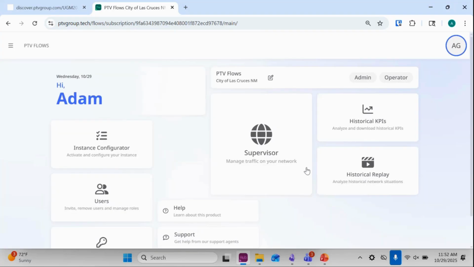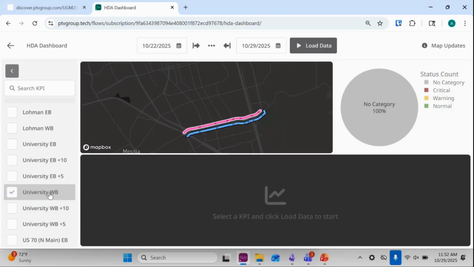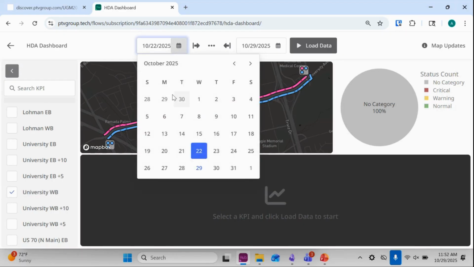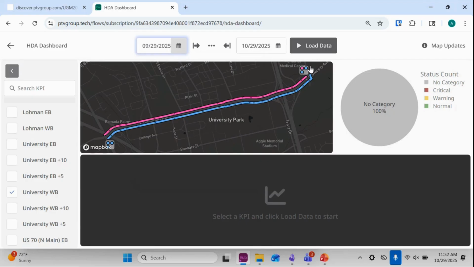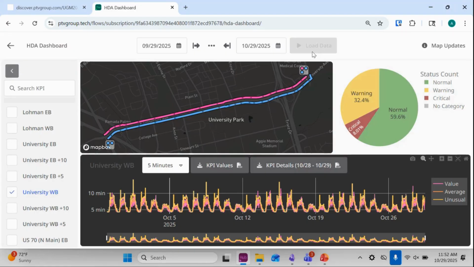So if we go to the historical KPI information, I can look at one of those KPIs we saw on the other screen. Say University westbound, and select some time in the past. So we'll say go back about a month and hit load data. And this is going to bring up the travel time information for that corridor over the last month. And if I zoom in, we can see